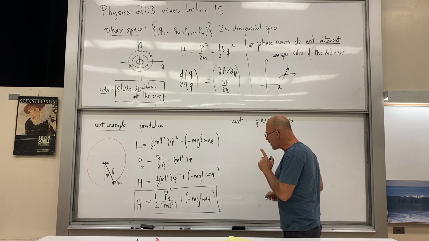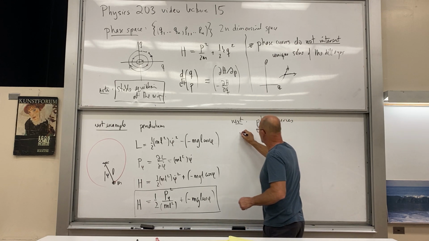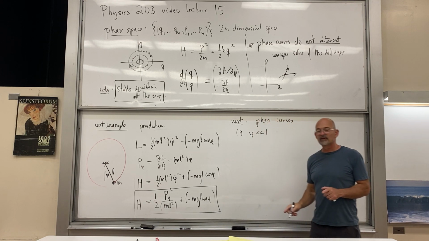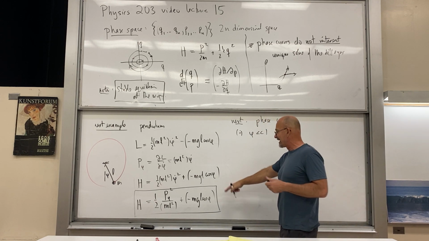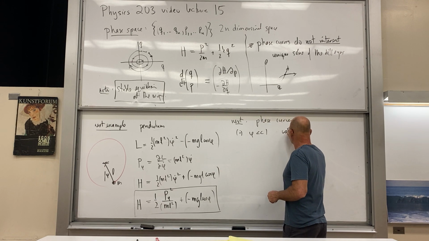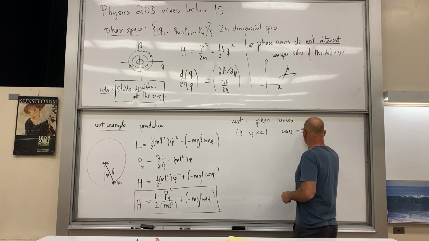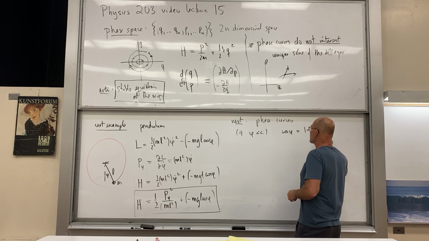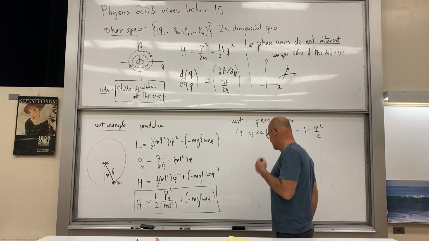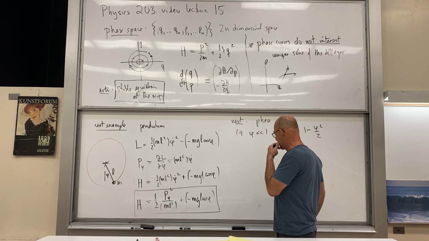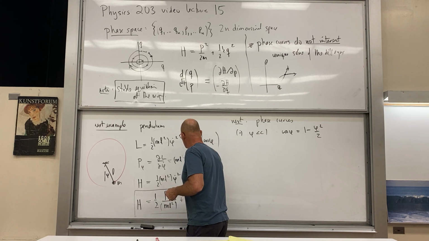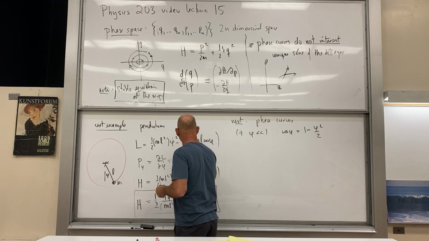So for small phi, then of course we can get the small oscillations Hamiltonian, if you want to call it that. For small phi, cosine of phi is equal to 1 minus phi squared over 2. Yeah, I see, that's why I wanted to have the 1 in here. Yeah, let's do this. Minus,